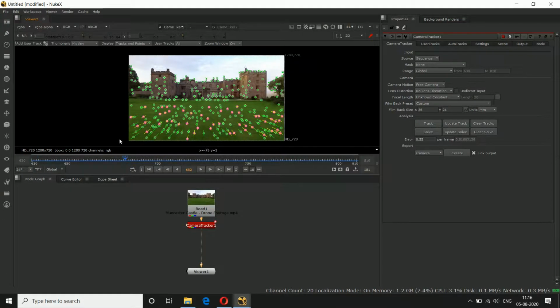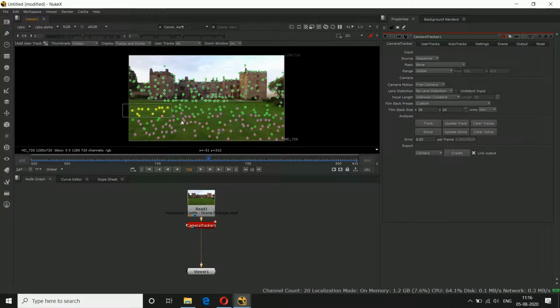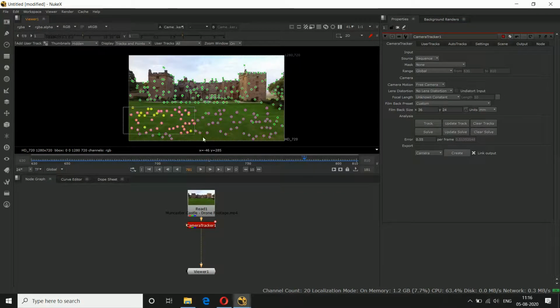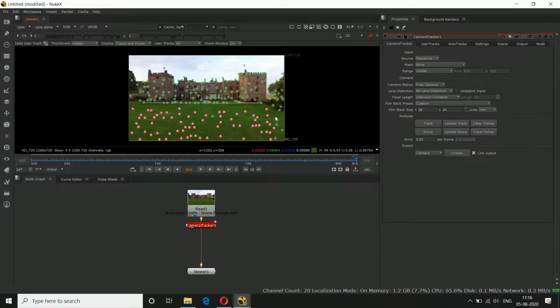We'll move forward and select some more points. Right click, ground plane, set to selected. Like this. Yeah, so we have selected almost all the points on the ground.